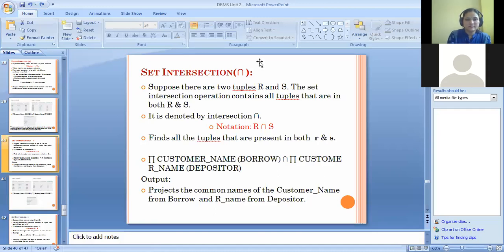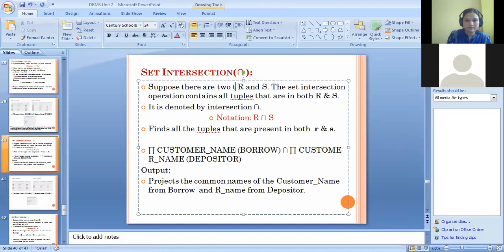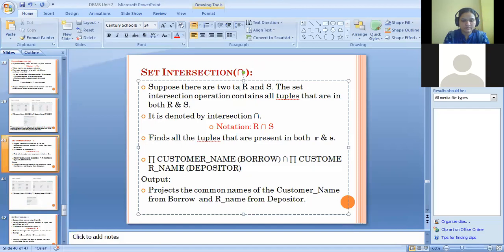Suppose there are two tables R and S. Suppose we want to fire a query for the records which are present in both relations, both the tables R as well as S. Then first of all, project customer name from the borrower.